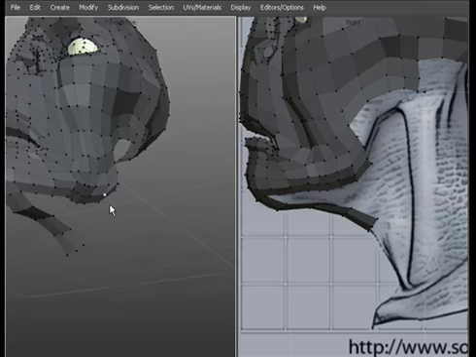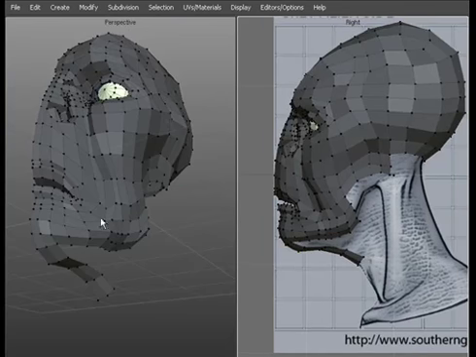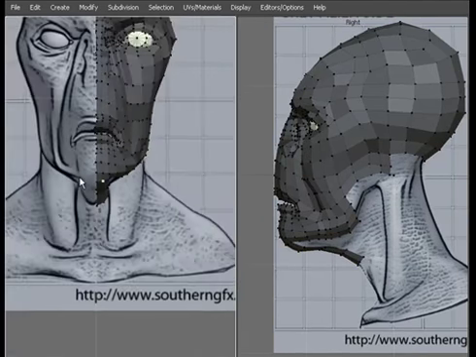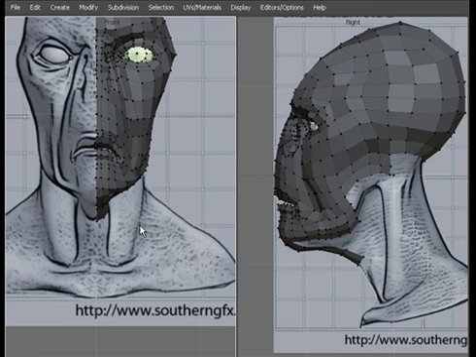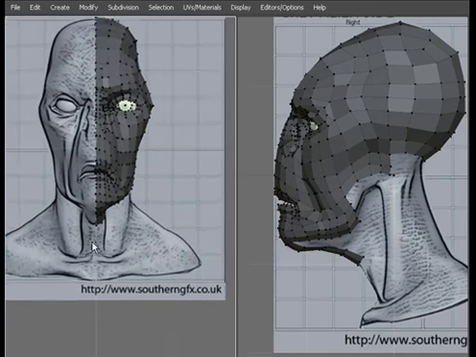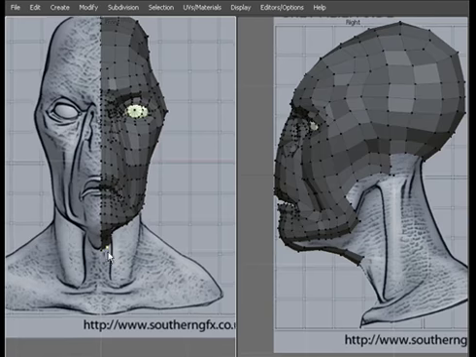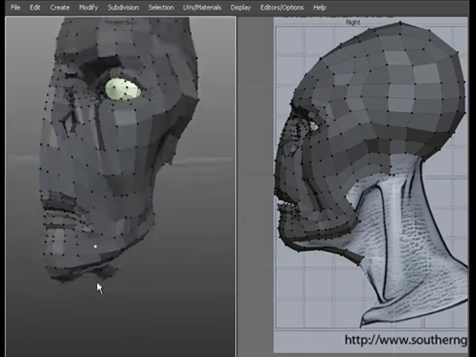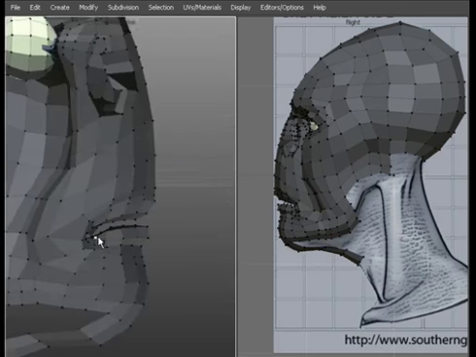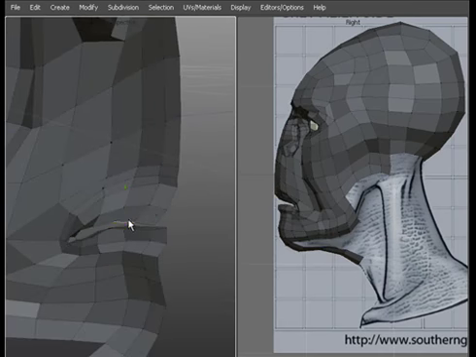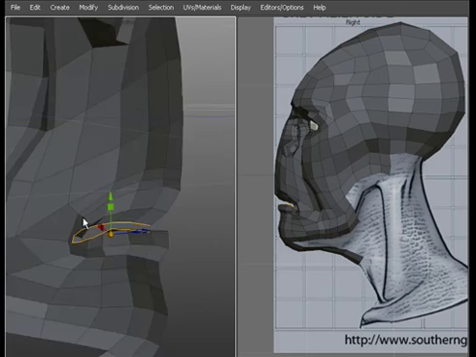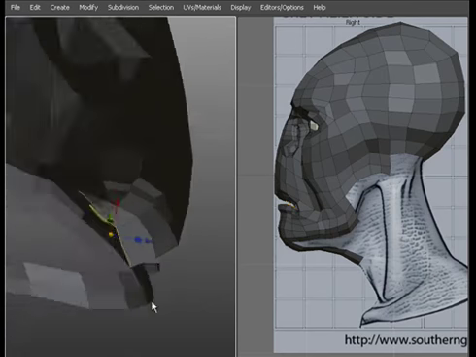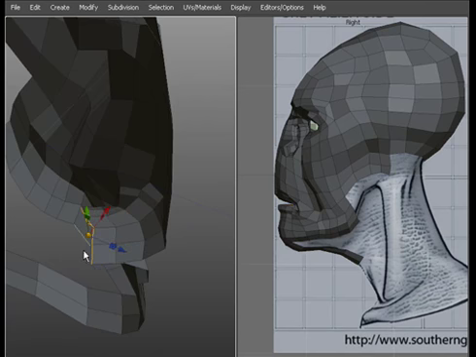Let's go back to our reference, side and front, and take a look. It looks like we're fine there. Back to 3D view, the mouth will be fine. I think it's time to extrude the mouth back. So double click to select those edges and just literally move it backwards